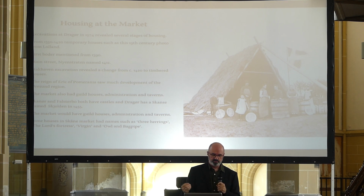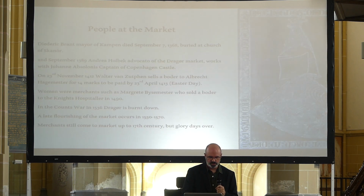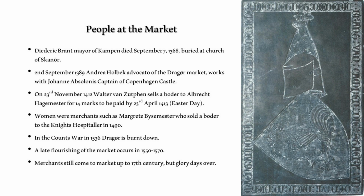We know at least in houses in Skanor market have such evocative names as the Three Herrings, the Lord's Fortress, the Virgin and the Owl and Bagpipe. We can rather hope that something similar existed in Drahwa as well. But the people of the market, Diederik Brandt, Mayor of Kampen, he didn't have anything to do with the Drahwa